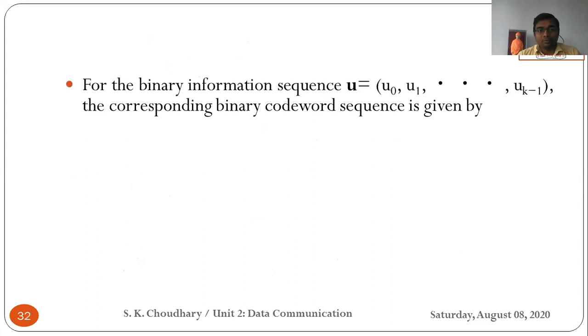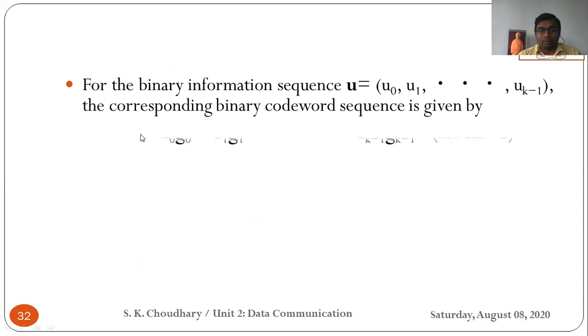Now moving further, for binary information, there is a message representation. Generally, we use binary codes. So it is U. Here we are using the terminology U. You can use any other terminology as well. Different books use different ones; someone uses D, someone uses X. You can use any one of these.